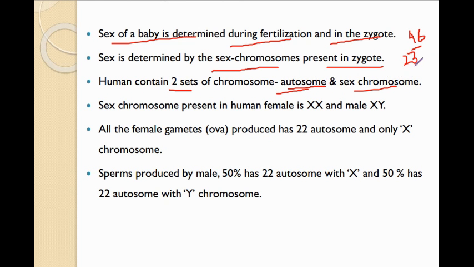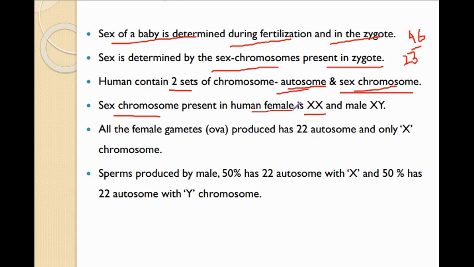और एक को कहा जाता है remaining one, that is known as allosome or sex chromosome. Likewise, in case of 46, 23 pairs, that means 46. ठीक है, so out of which 22 pairs are known as autosomes and only one pair is known as sex chromosome. And this sex chromosome, ये जो sex chromosome है one pair जो था, okay, here it is XX in